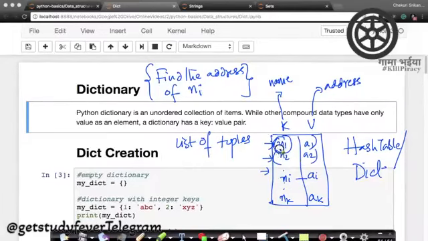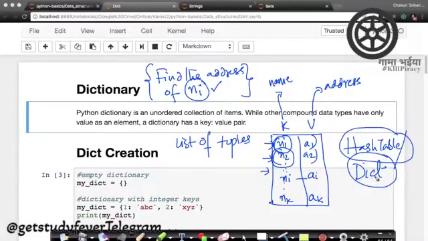If it is not, I go to the next item. I check, is it ni? No. I have to keep doing it. I have to keep checking each of my names in sequence to find the address of my user with name ni, right? Which means it's going to take a lot of time. On the other hand,